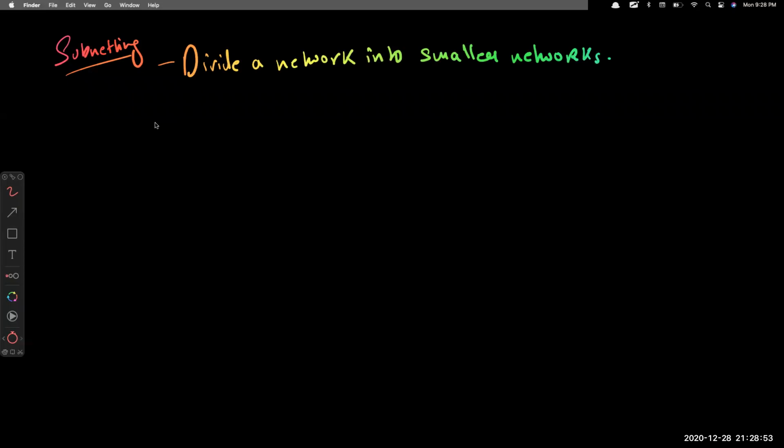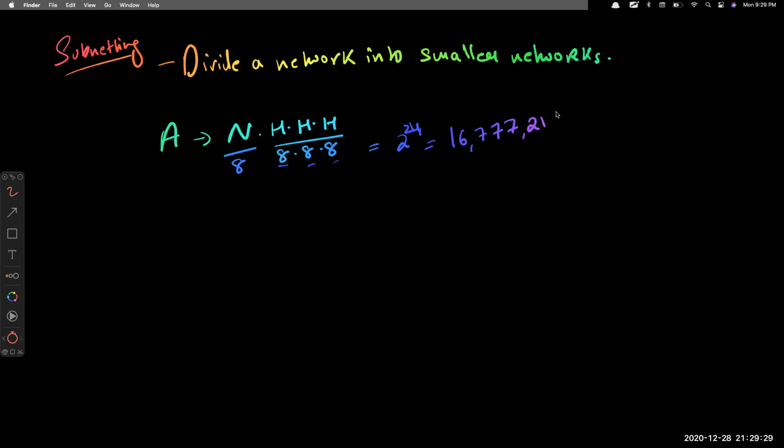So first of all, class A has one octet network part, but the rest three are host. So it means 8 bit, 8 bit, 8 bit, right? So that means it has 24 host bits. So 2 to the power of 24. So how many computers does one class A subnet give? 16777216, that is the number, 2 to the power of 24.